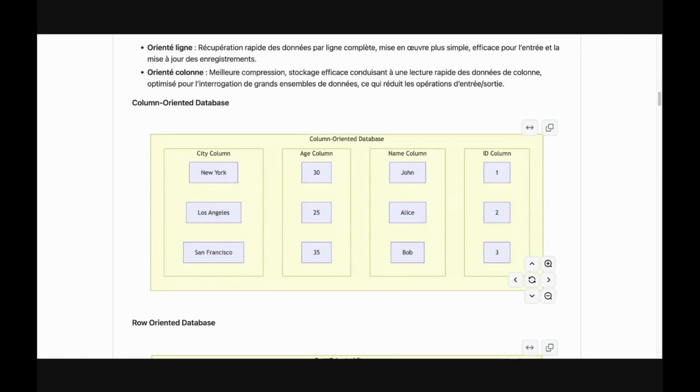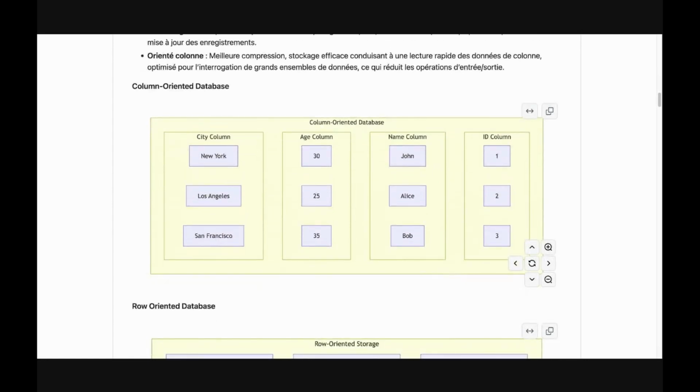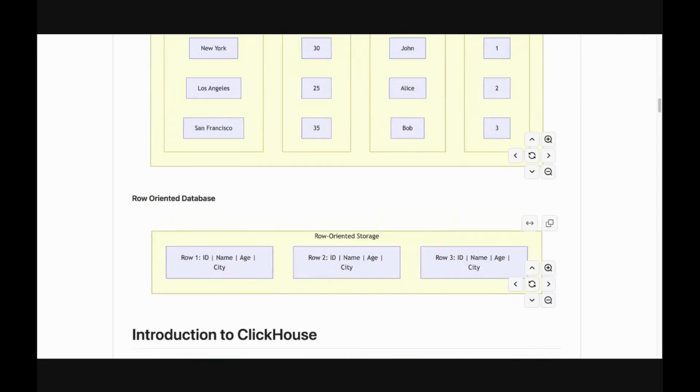So if you look at this picture, for example, column-oriented: if you look at the column for city, you have New York, Los Angeles, San Francisco. The column for age you have here, then name and ID. So that's how column-oriented is stored. Row-oriented is like this. I thought I picked the right picture, but maybe I did not. But basically what it would be